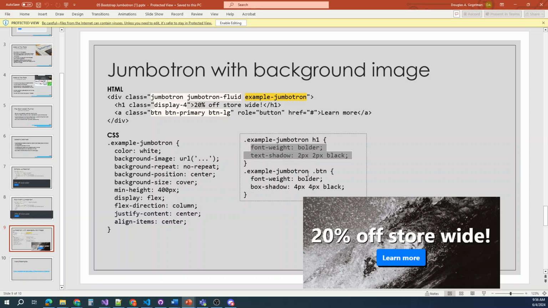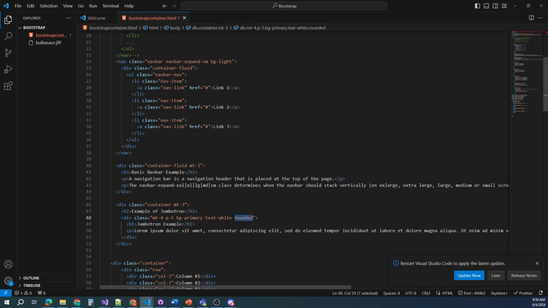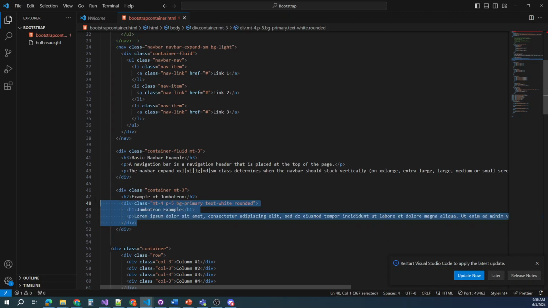And then the button, our example jumbotron class button. There's the button. We're kind of changing some of that class around to use this font weight bolder, and then we're putting a box shadow behind the box there to make it stick out. So that's how you would add your own CSS to this style navbar, or the jumbotron that they're currently going to in